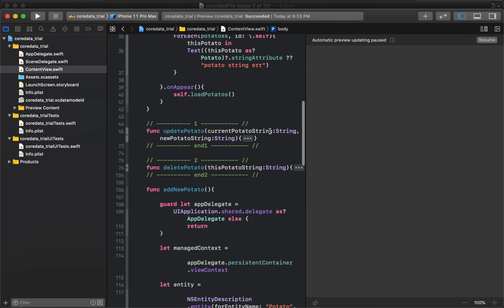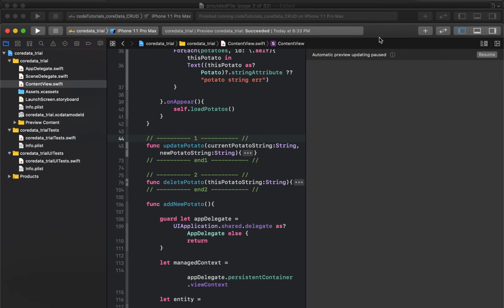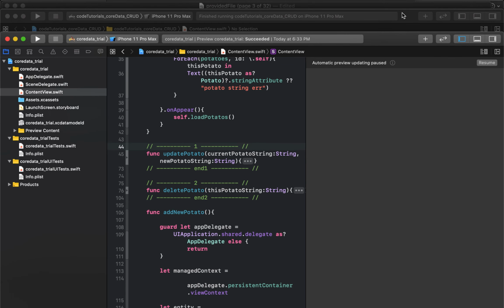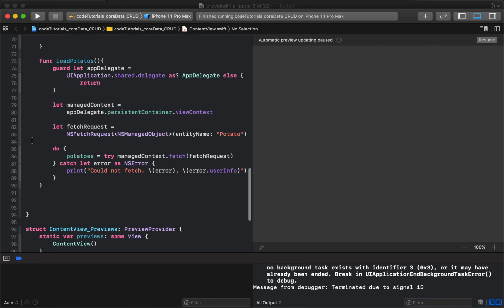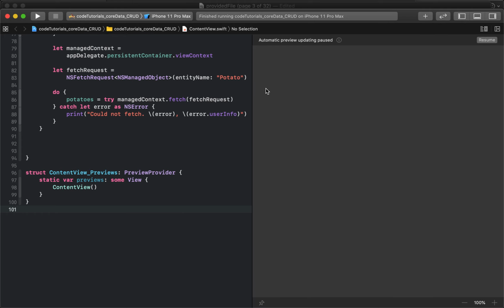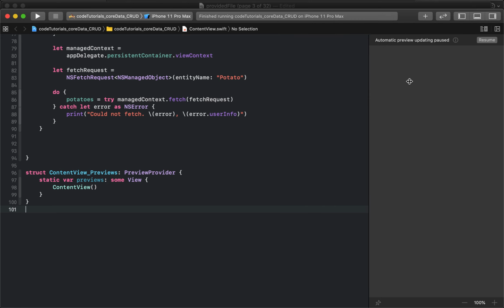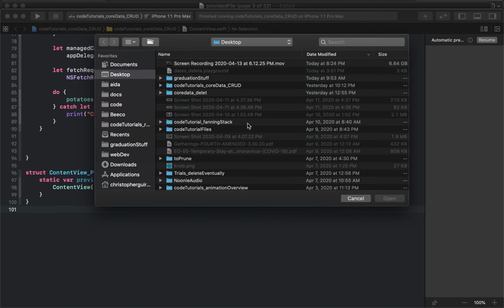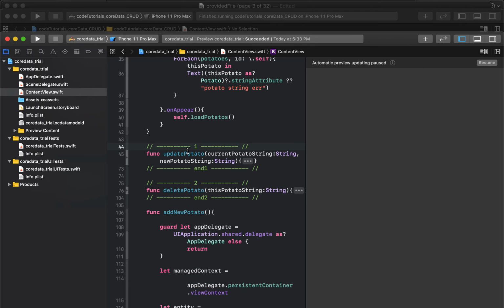So the first thing we have here is, note that we're in the CoreData trial. This is essentially my project that I work on in advance, okay? And this is the one we're building together, okay? So where we left off is, make sure you're following along, code tutorials, CoreData CRUD, okay? So first thing we need to do is add two functions. We need to add the update potato function and the delete potato function, okay? So I'm going to copy them over and we will talk through them, okay? So first one,